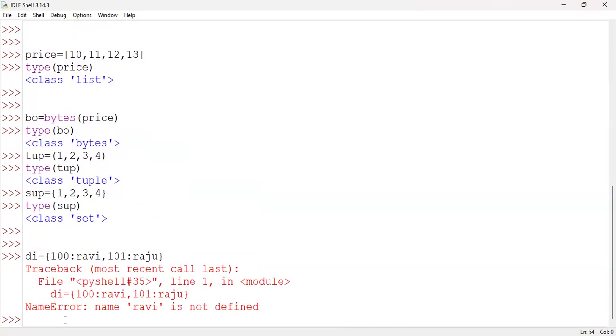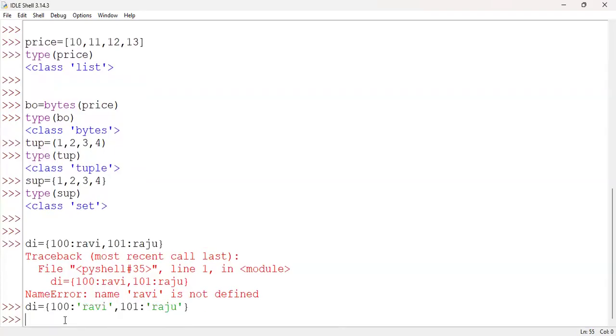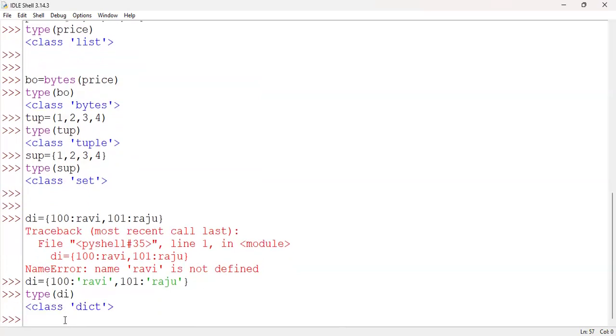Okay, I got it. Now we have to give it in single quotes. Di equals 100 colon single quotes Ravi. It is a string data type, right? So we are giving the string in single quotes. Raju. See, right? It has accepted. So now check the data type of this one. Type of di. So this is dictionary data type. So these are the examples of different types of data types